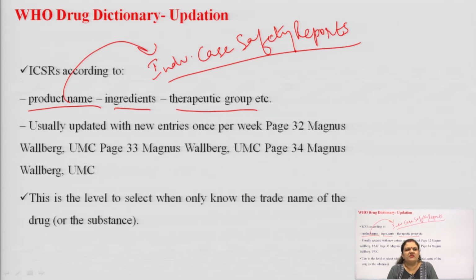Then we have UMC page 33 and 34, Magnus Wellberg, UMC, here is the Uppsala Monitoring Center. These are different levels to report the drug dictionary for the individual case safety report. So, this is the level to select when only known,